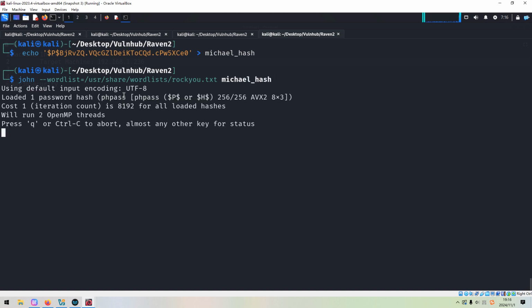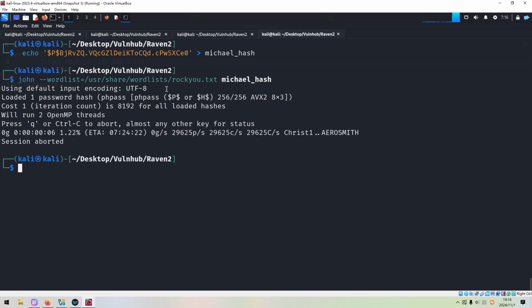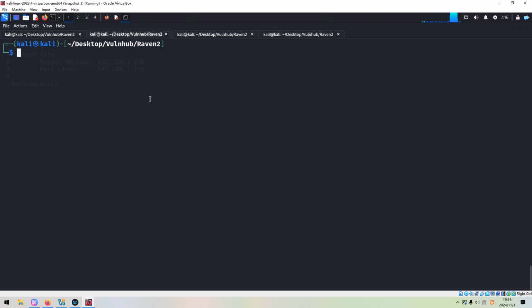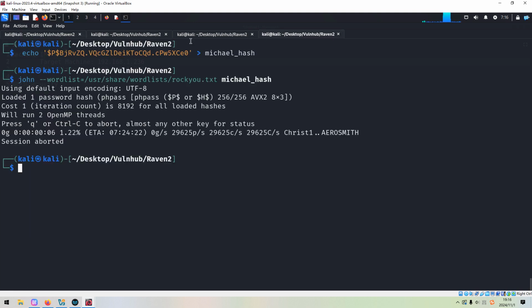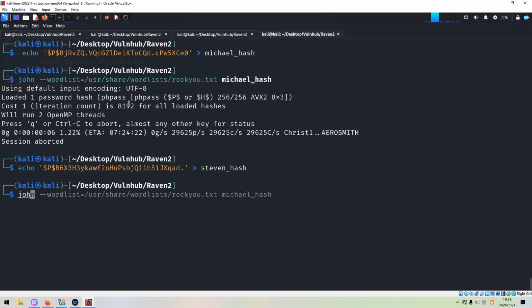But I'd like to tell you, maybe it's not difficult to crack the password. Similarly, we can copy the password hash of the Steven user. We can echo it into a hash file. Similarly, we can use John the Ripper to crack it.